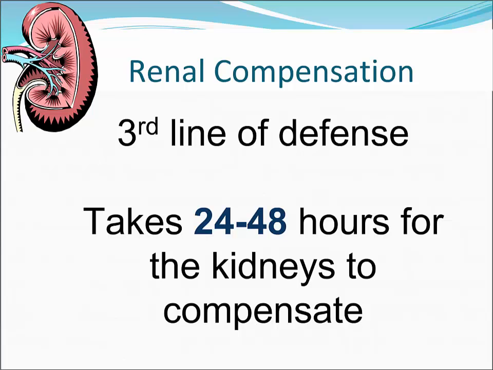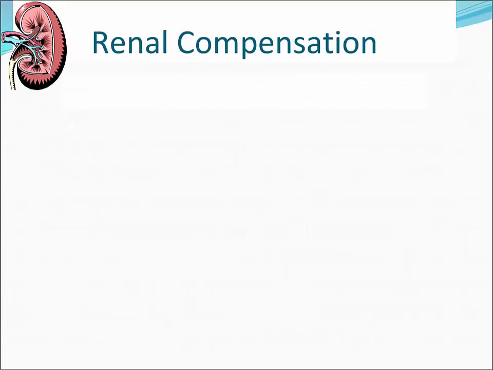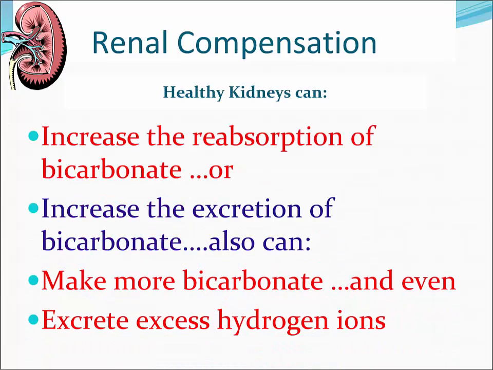Okay, and finally the third line of defense is renal or kidney compensation. It does take about 24 to 48 hours for the kidneys to compensate. So it usually occurs when blood pH changes are persistent. The primary way that the renal system compensates is by what it does with bicarbonate and with hydrogen ions, but